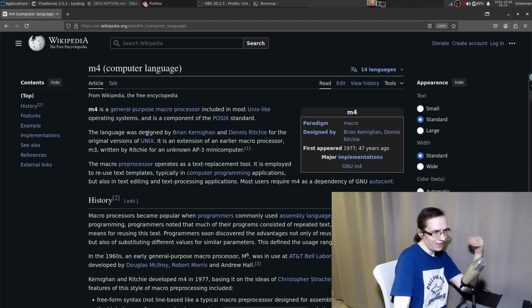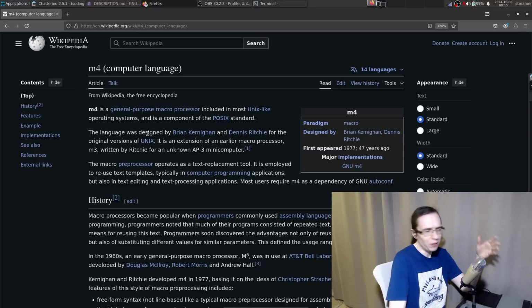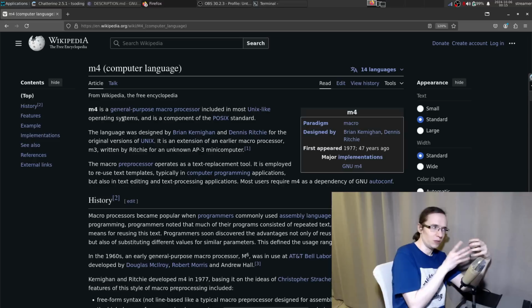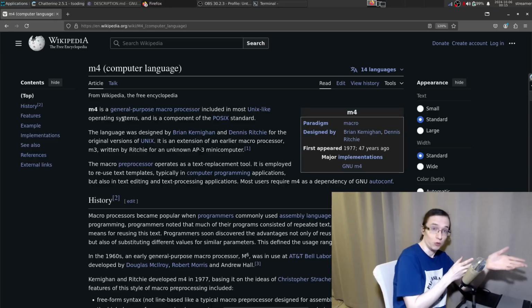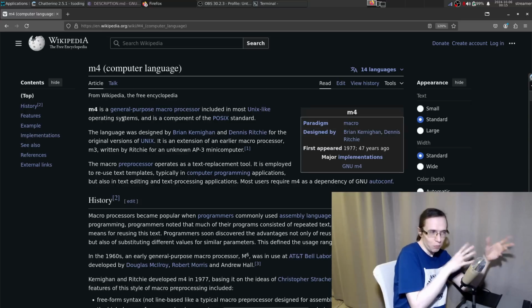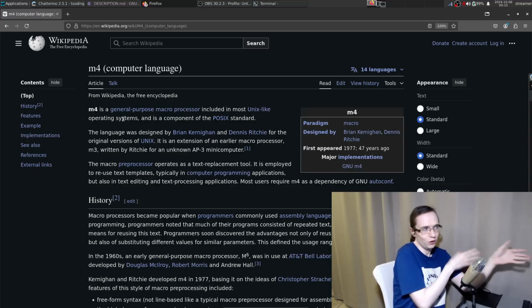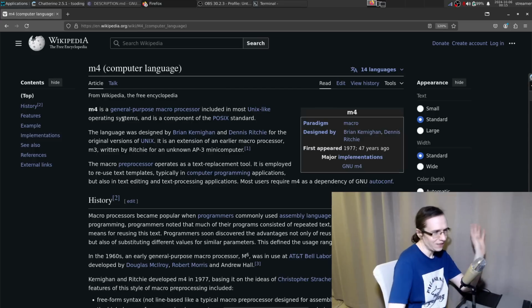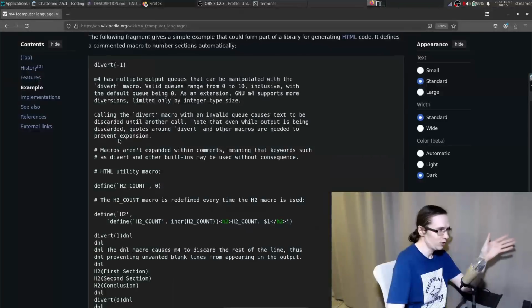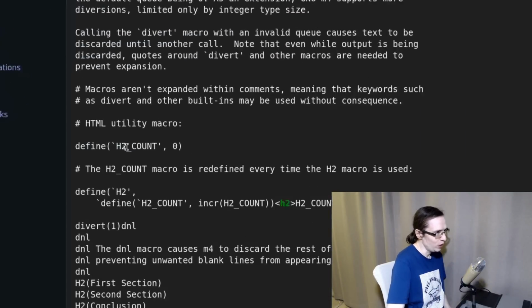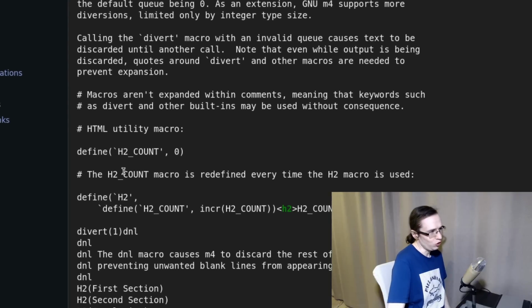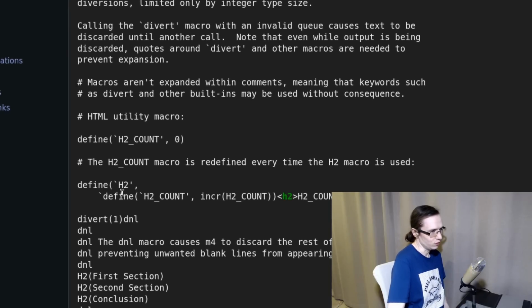Imagine a slightly more, maybe not even slightly, but on steroids, C preprocessor that is not bound to C itself, but you can use on its own. Imagine that. This is M4. Right, it's basically a more powerful C preprocessor that is not a part of C, and you can just use it on its own. And it has a slightly different syntax. It doesn't require hashes and stuff like that, but you can just define a variable, as you can see. So here we are defining a variable, and then you can just use this variable throughout the code, right?